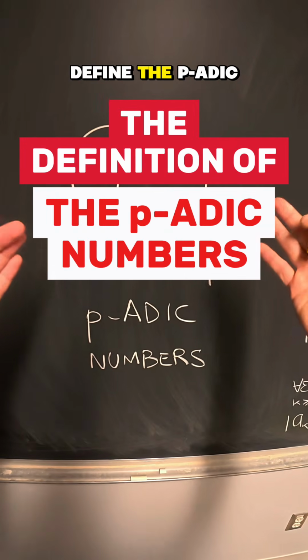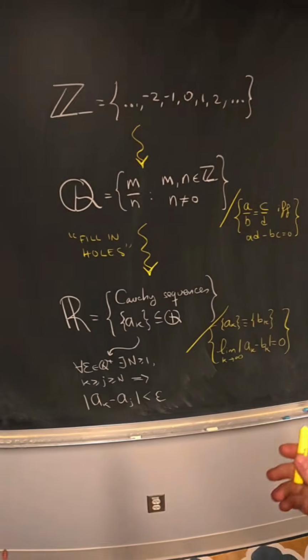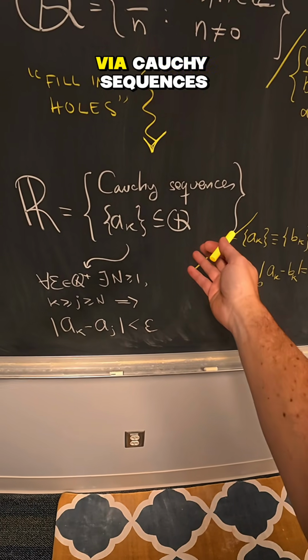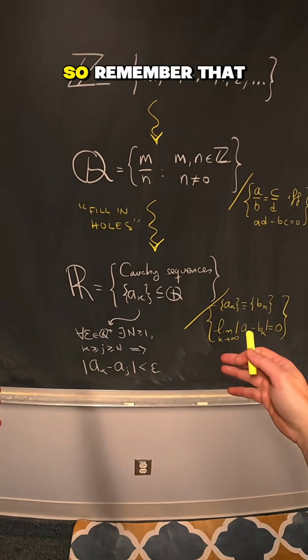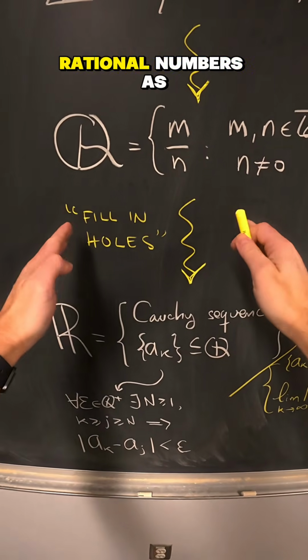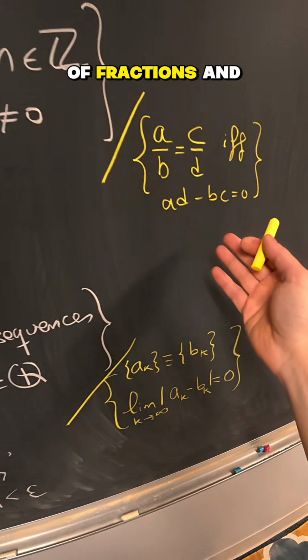How do we define the p-adic numbers formally in mathematics, in number theory? We construct the p-adic numbers imitating the construction of the real numbers via Cauchy sequences. So remember that we start from the integers. From the integers we build the rational numbers as fractions of integers, with the usual identification of fractions, and then